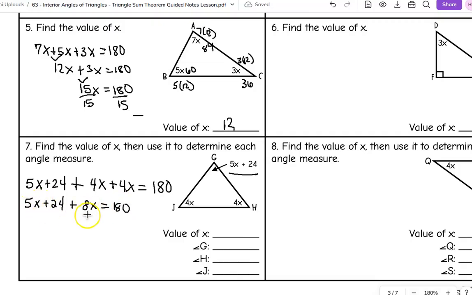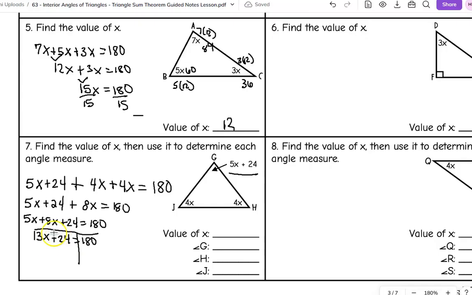I can then add my 5x plus my 8x. So I'm going to move that so we can see what it is I'm adding. So all I did was swap my 8x and my 24. 5x plus 8x is 13x plus 24 equals 180. Again, I can't add 13x and 24 because one has a variable and one doesn't. Therefore,